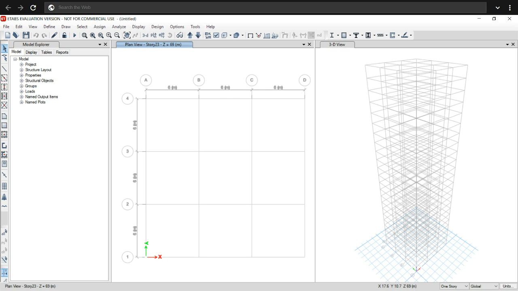Now go to Draw for design, to draw beam, column and slab for the different stories as given in the question.